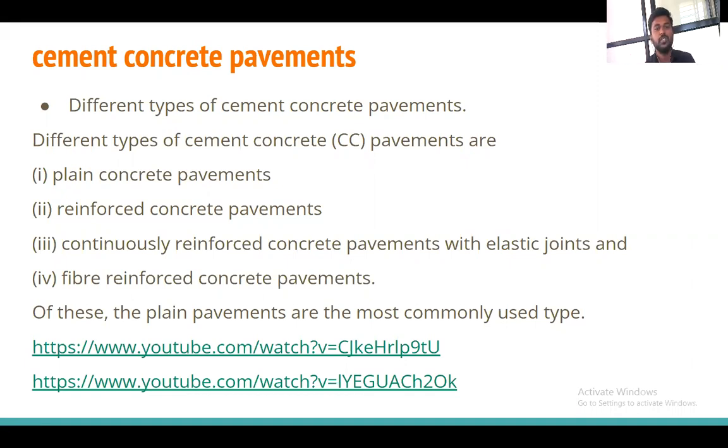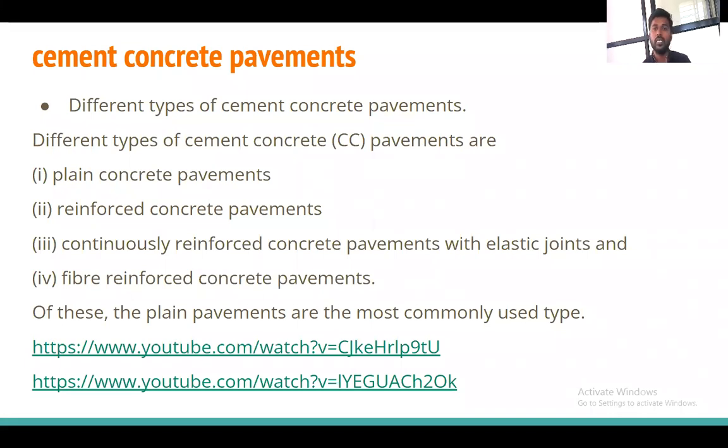So there are different types of cement concrete pavements. The plain cement concrete pavement, reinforced cement concrete pavement, continuously reinforced concrete pavement with elastic joints, and fiber reinforced concrete pavement. In fiber reinforced concrete pavement we can use glass fibers.